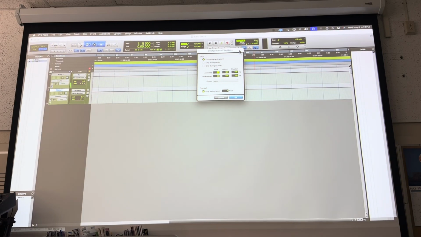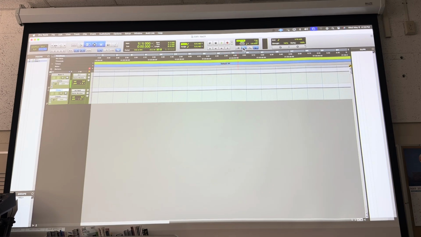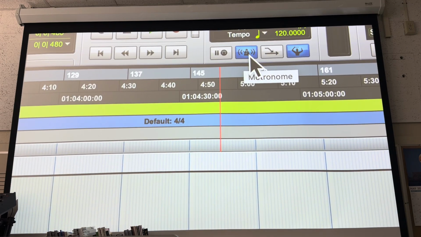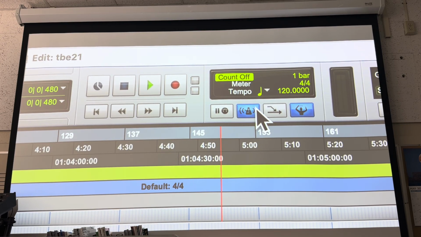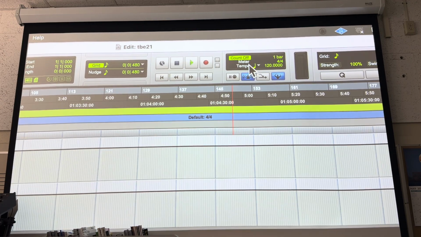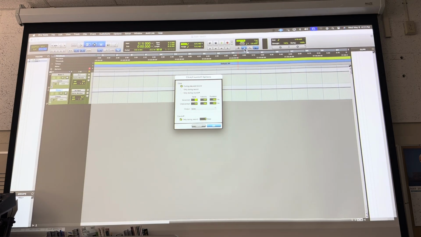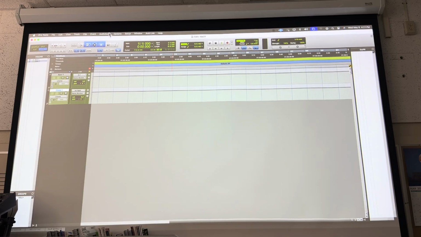We are gonna talk about this menu actually. There is a menu if you double click on the actual metronome icon right here. I believe you can also double click where it says tempo, no? I guess not. You have to double click on the metronome. You can also get this menu under